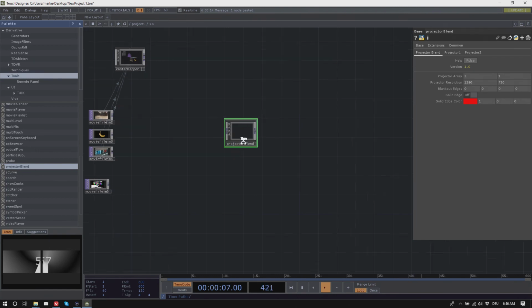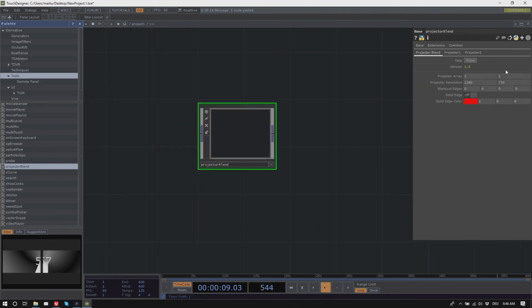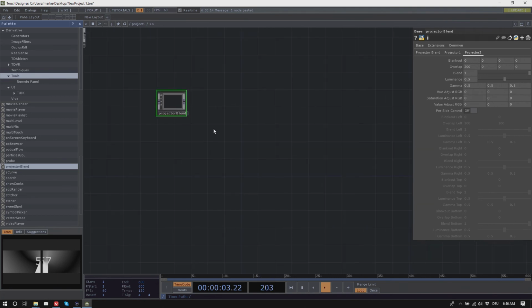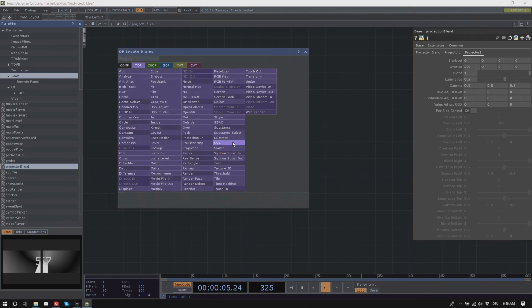Right, a projector blend component which basically allows you to blend projectors that are assigned in an array with vast controls over how the edges are blended, etc. And on the Pro licenses, we do have support for the Vioso software, which is an automatic blending, an automatic mapping and blending software.